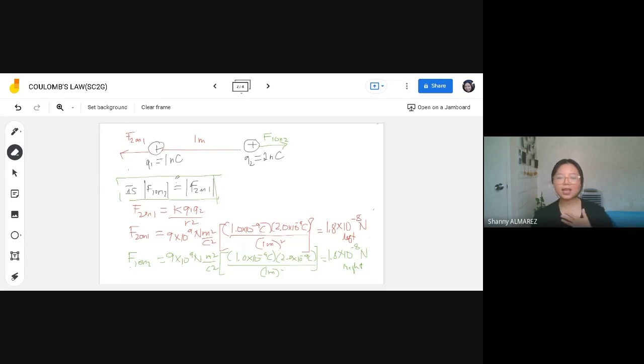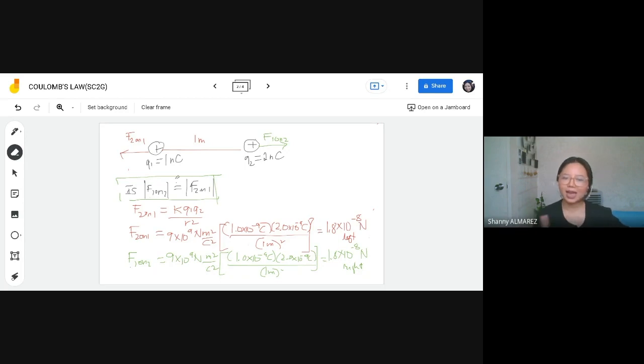Okay? So, yan yung nangyayari. Yan yung concept ng forces. Kahit sino pa man ang mas maraming binibigay, dapat parehas lang kayo ng na-experience. Okay? So, kahit na mas malaki yung amount ng charge. Okay? Parity of force on both charge. So, they will just have the same equal amount of force. Hindi ibig sabihin na mas mataas ang charge mo, mas malaki yung force na ma-experience mo. No. It's parang give and take. Okay? So, dapat equal kayo ng ma-experience na force regardless of the amount of charge that you contain. Okay? So, that's the concept of our charges.